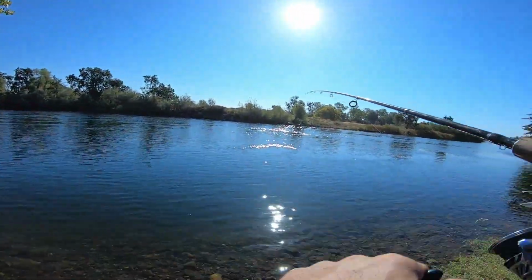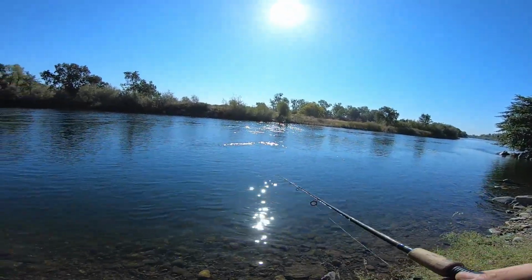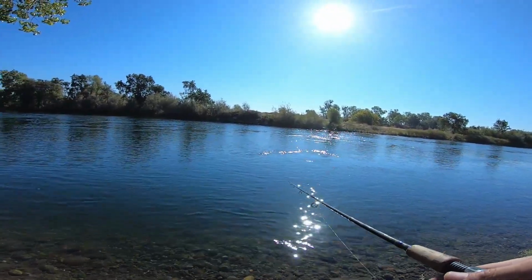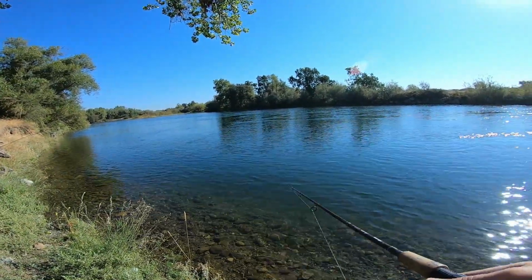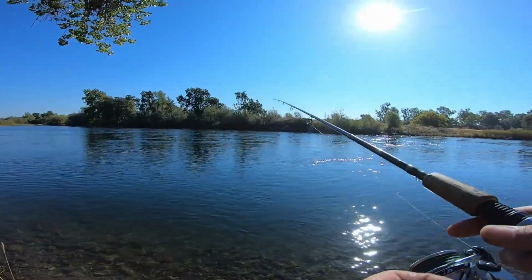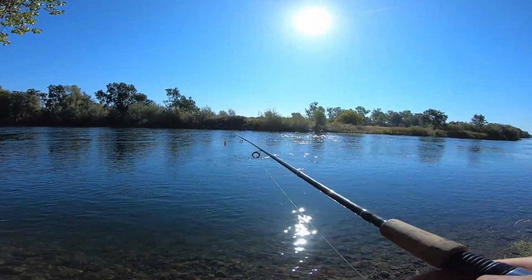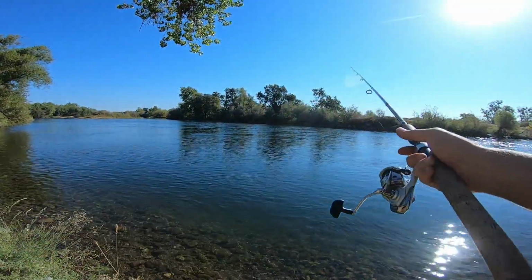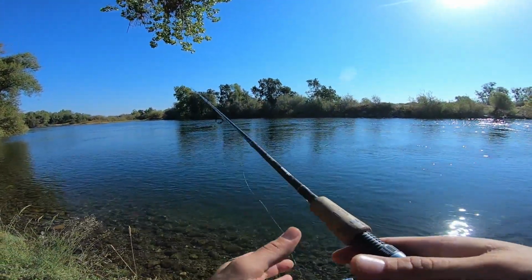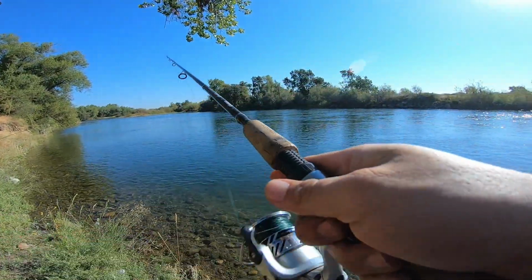Yeah, but I want to show you guys the setup. I want to show you guys how to fish out here. So I'm gonna make a video about how to fish based on what I learned, based on my experiences. I'm gonna teach you what I know. I'm not really a professional fisherman, but I ask questions. I ask people that fish out here to show me how they do it, so I can catch fish the same